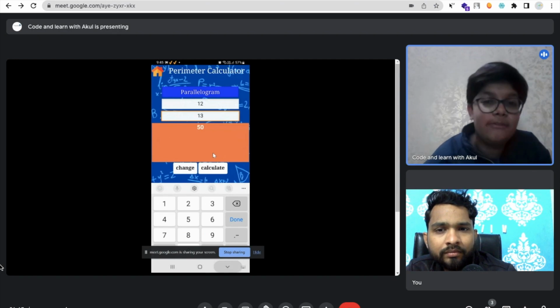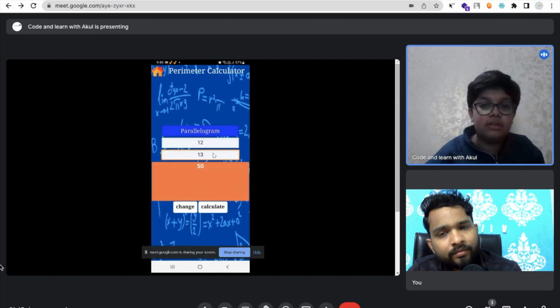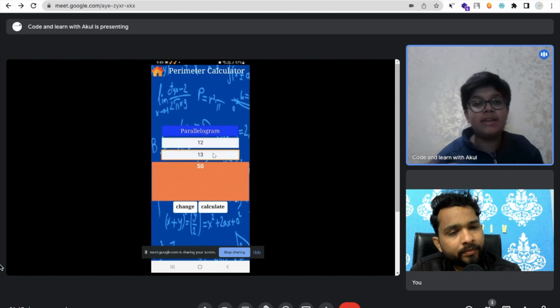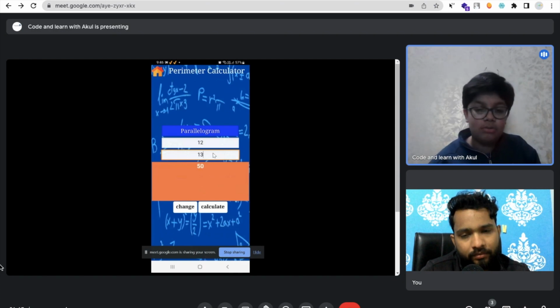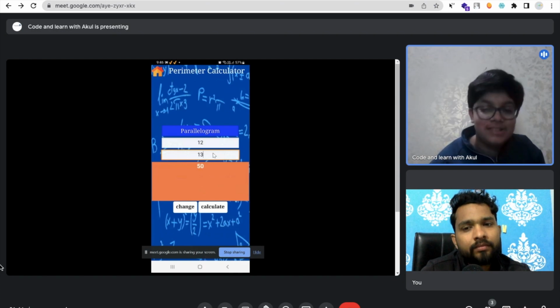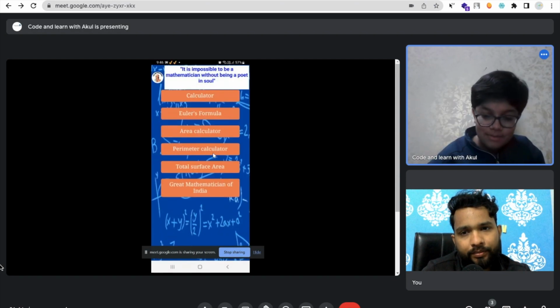It shows 50, so the perimeter is 50. The unit can be anything, because if we add a unit in the calculator, students would be continuously changing things like meter to meter square. It would be a little tough to do that in the app, but it's not impossible.